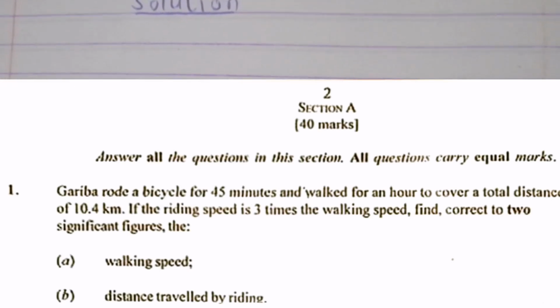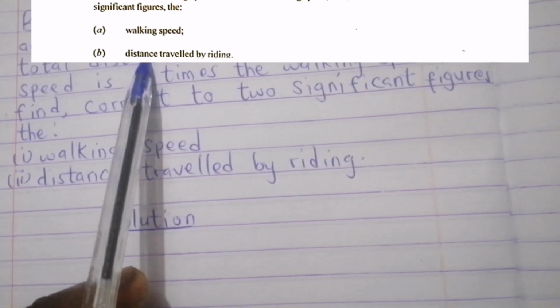So now the question says that Bedu rode a bicycle and he walked. So we have the riding distance and the walking distance. We also have the time covered when he was riding the bicycle and the time covered when he was walking. So we are going to write this important information down. The first thing that we are going to indicate is the time allocation. He says that he rode a bicycle for 45 minutes. So we are going to say the time for riding